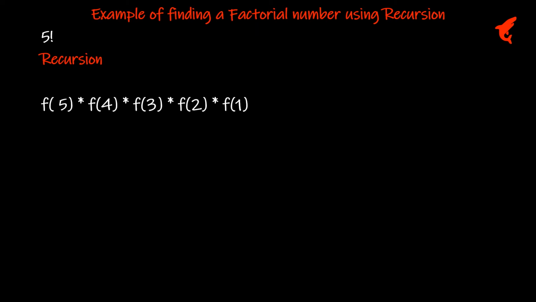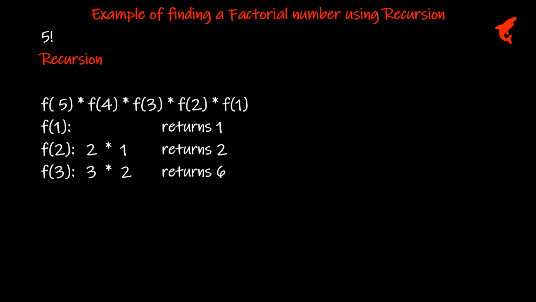The function call with value 1 is the last call, which will then start returning values, returning a value to its previous function call. So f(1) returns value 1 to its previous call, where the argument is 2. This 2 is multiplied with the return value 1 to return value 2, which will then be returned to its previous call where the value of the number was 3, and this 3 is multiplied with 2 to return value